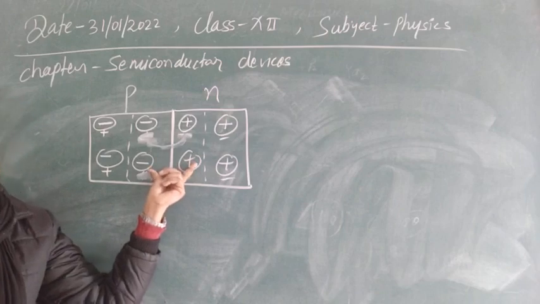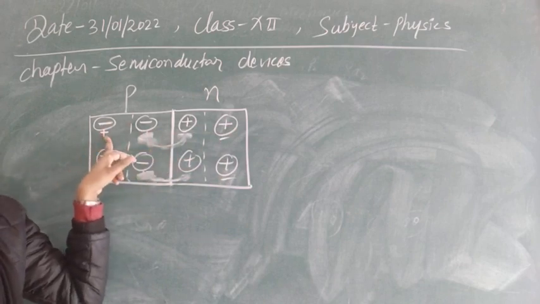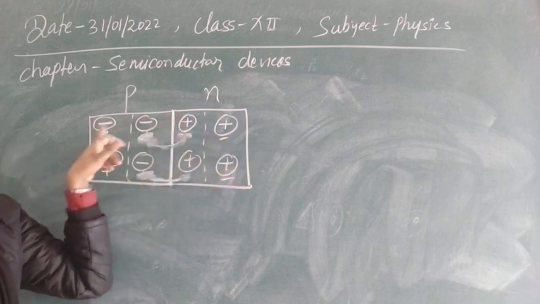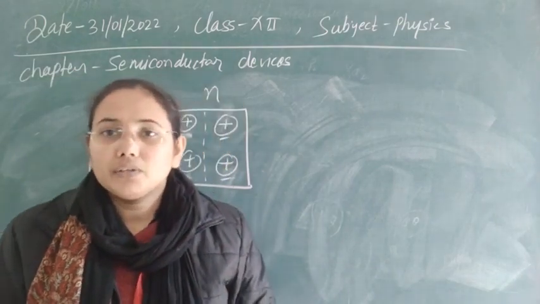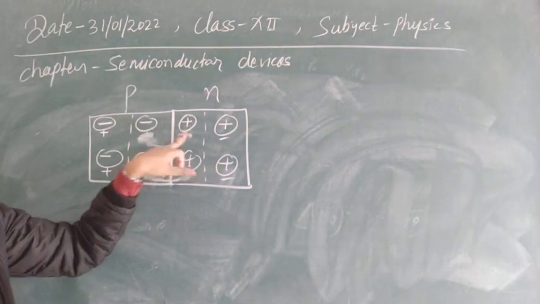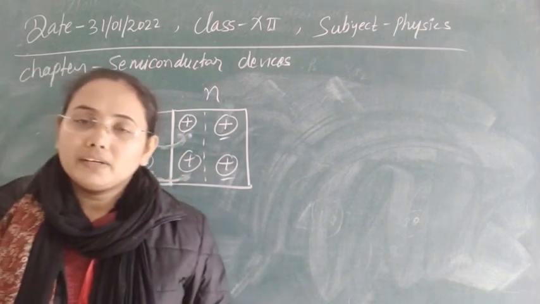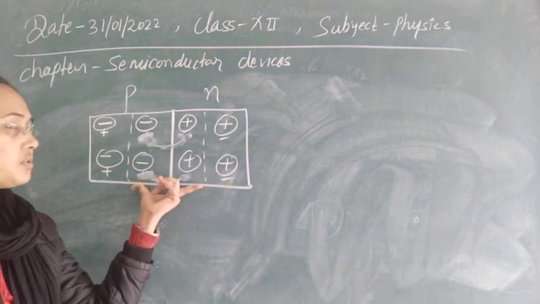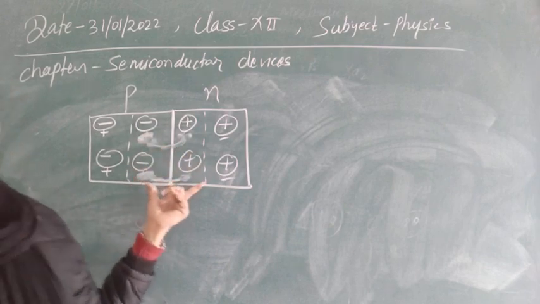After accumulation of these ions, when another electron starts to move towards the junction to fill up a vacancy, this negative ion will start to repel it. Similarly, this positive ion will start to repel it. This means no further electron can fill the vacancy of a hole, and no conduction, no current, we will get here. While an electron is filling a vacancy, electronic energy gets freed, and we obtain that in the form of current. As conduction stopped after forming this region, it is called the depletion region, where these ions are depleted, and due to that the conduction current stops.